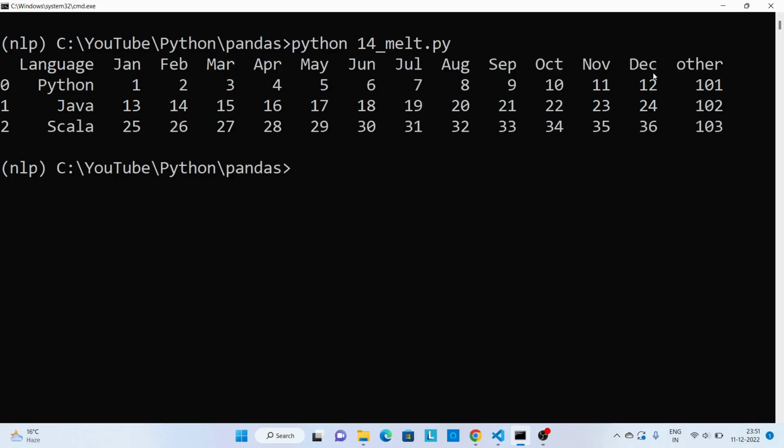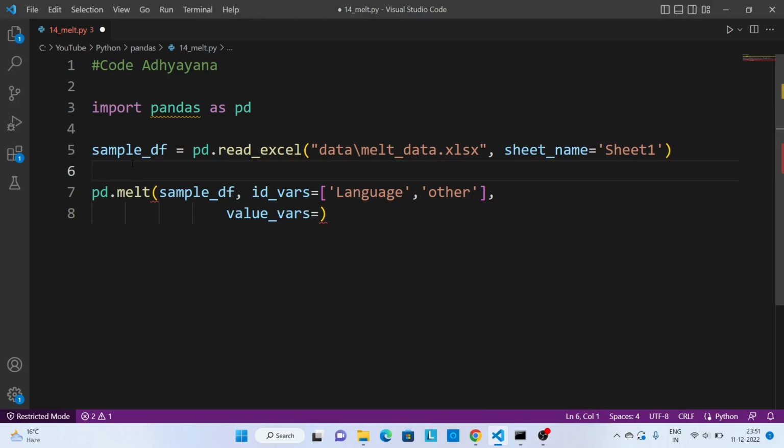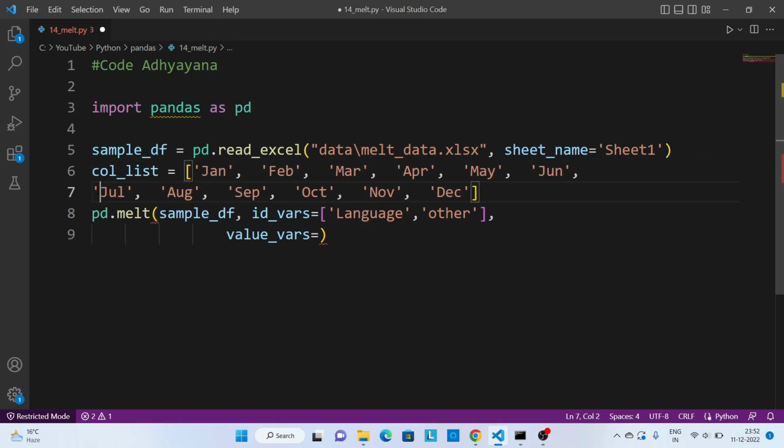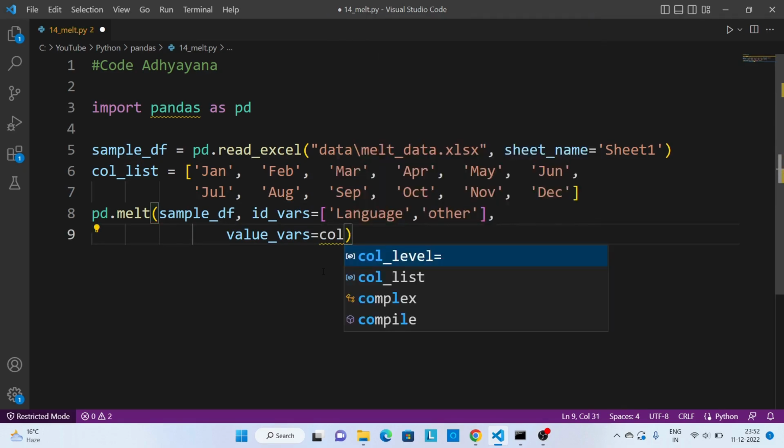Let me copy all these names and paste them here. This column list we can pass here.